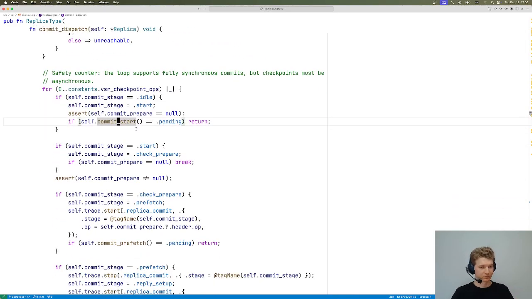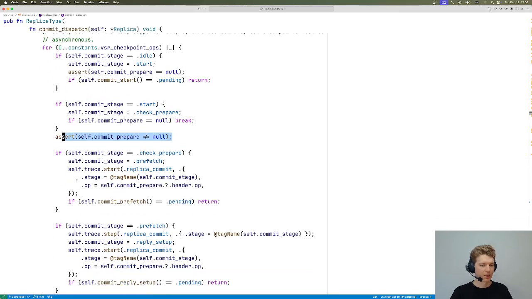So first of all, we need to figure out whether we actually have anything new to commit. If we have an entry in our log which we know is committed by the cluster, but which we haven't yet applied to our local state. So that's kind of like the first state, and if we don't have this entry, then we obviously don't commit anything. If we do have this entry, then what we need to do next is we need to run the